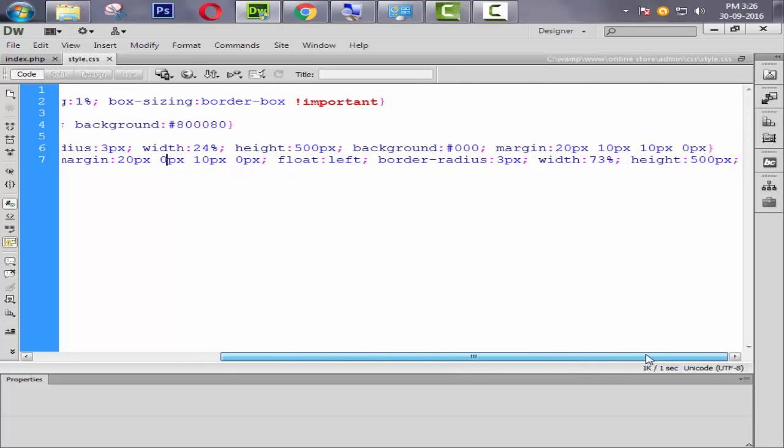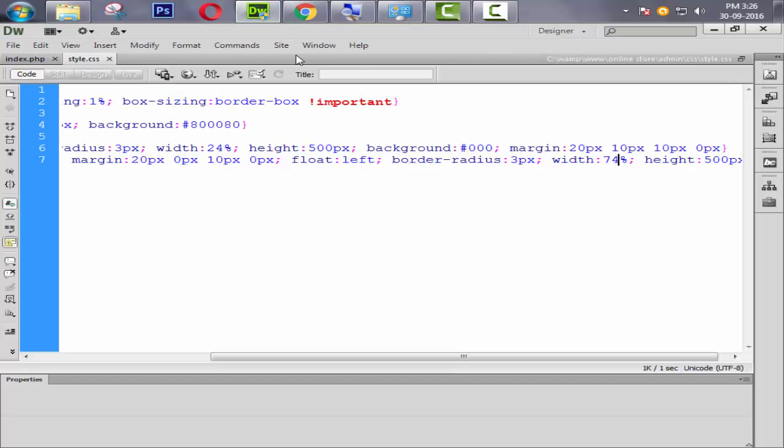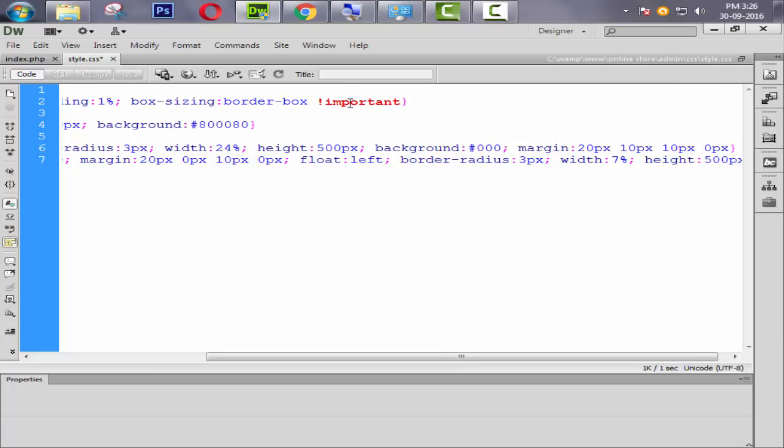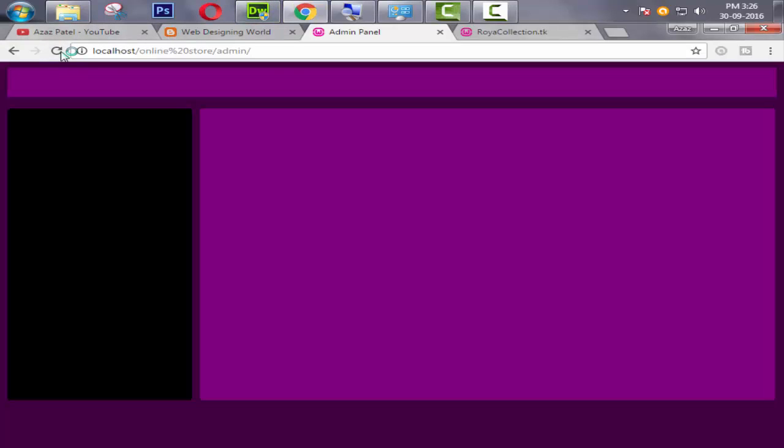Refresh. Increase the width from 73 to 74%. Refresh it. 75%. What about? Okay, it's down, so 74.5%. Refresh. Okay, but some more is needed. 74.78. Okay, now it's good and looking perfect.